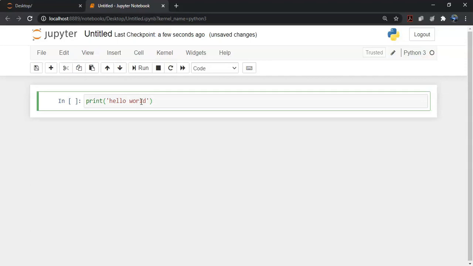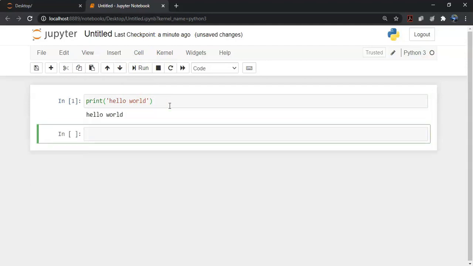The type of code depends on the type of notebook that we have created. So here we have created a Python 3 notebook, so we are typing Python 3 code. Now in order to run the cell, you have to click on the run button, or the other method is to press shift and enter on the keyboard. So now I have pressed shift and enter, so the code is executed. And the output of the above code will be displayed here, just below the cell.